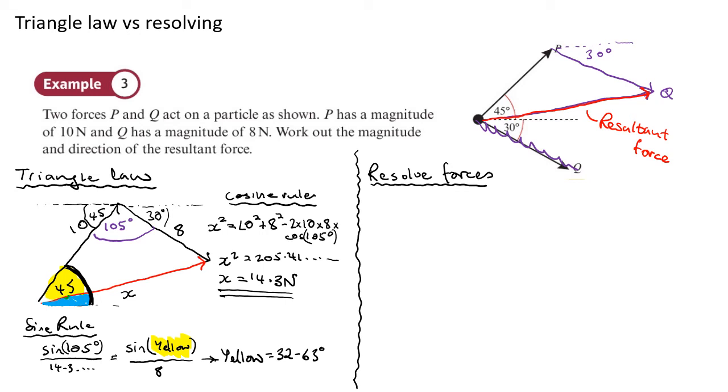Right, so to find the bit that's in blue, I need to do 45 minus 32.63. So 45 minus my answer, I get 12.37. Okay, so my final answer is that the size of the force is 14.3 newtons and the direction of the arrow is 12.37